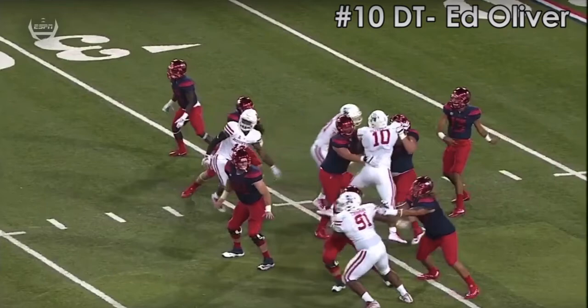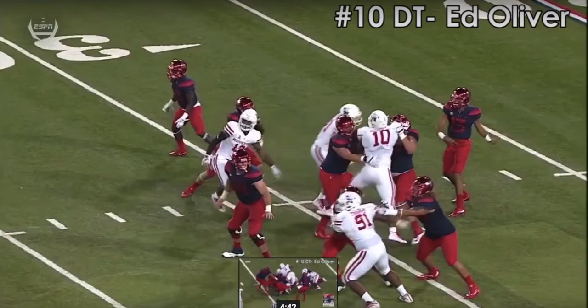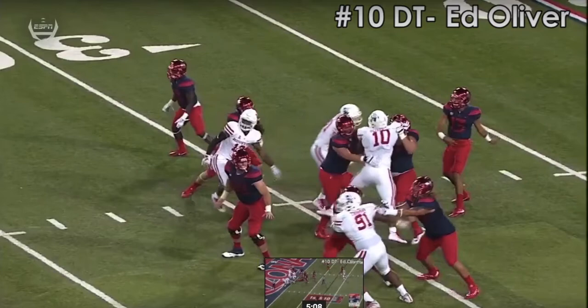Ed Oliver's good against the run too. Some of these penetrating defensive tackles, they're not the greatest against the run. Oliver can definitely do that. And as we see here in this clip,